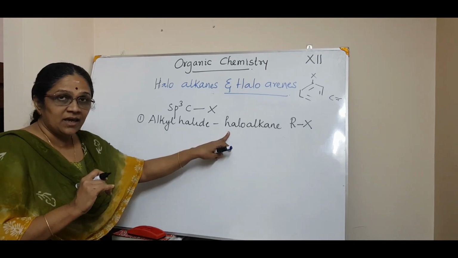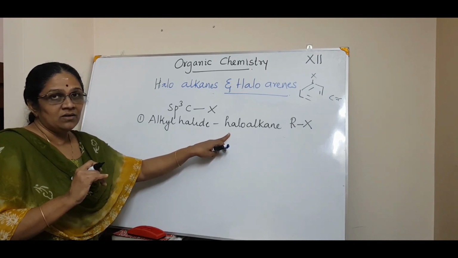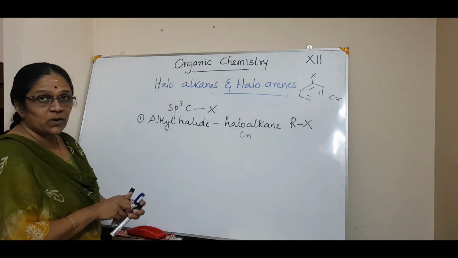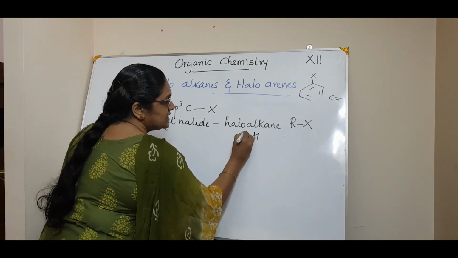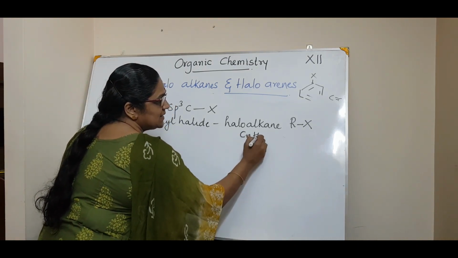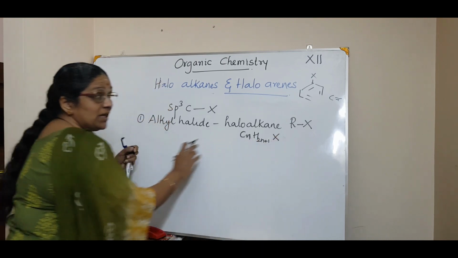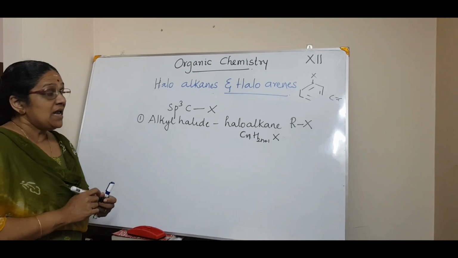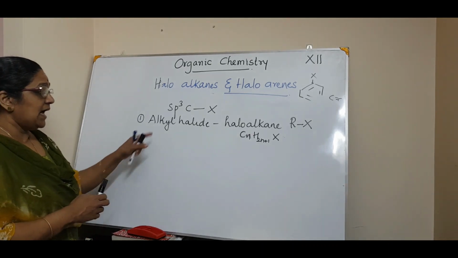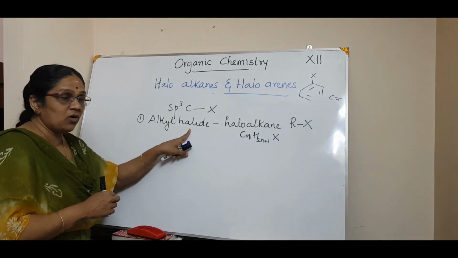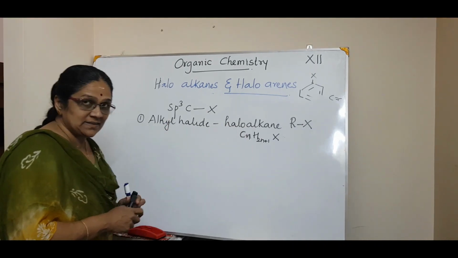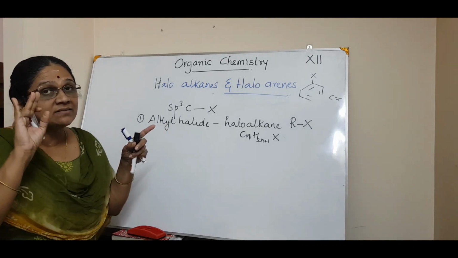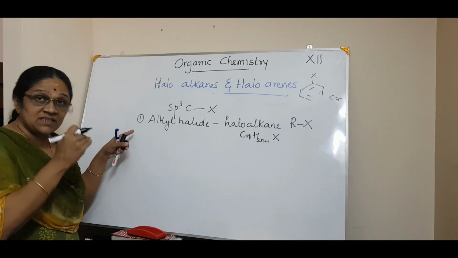We already said that in a monohalogen derivative, the general formula will be CnH2n+1X, isn't it? So, in a monohalogen derivative, this formula applies, that is CnH2n+1X. Only in a monohalogen derivative does this apply. And this is called a haloalkane. For example, alkyl halide is the common name, and the IUPAC name is haloalkanes. Now, in these haloalkanes or alkyl halides, there are mainly 3 types of classifications.